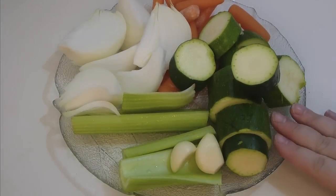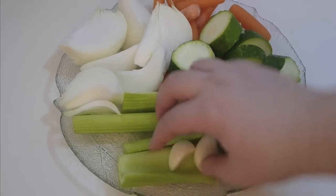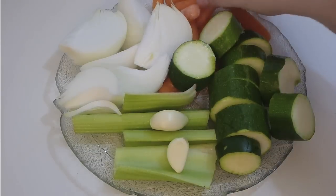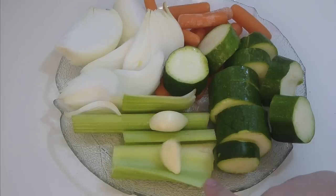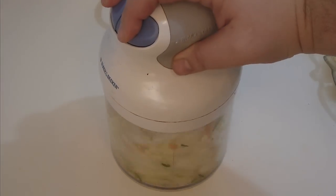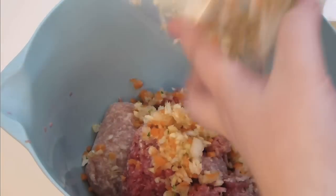I'm adding a lot of vegetables to my shepherd's pie. One whole zucchini, this is quite a big zucchini, 1 celery stalk, 2 garlic cloves, 1 onion, middle sized, and a handful of carrots, or you can use 1 large carrot. The thing that you should do is blitz all of those vegetables in a food processor. You see, it should be fairly fine shredded. Do the same to all the vegetables and transfer it here